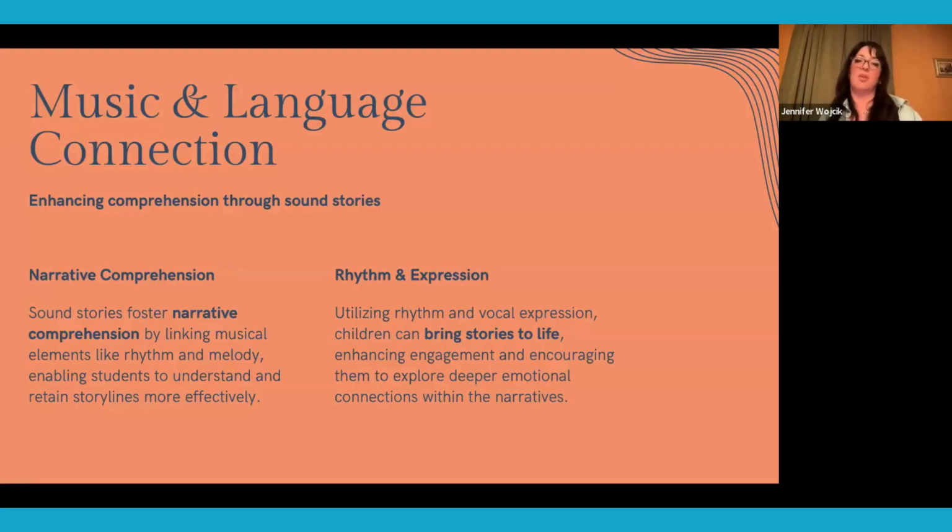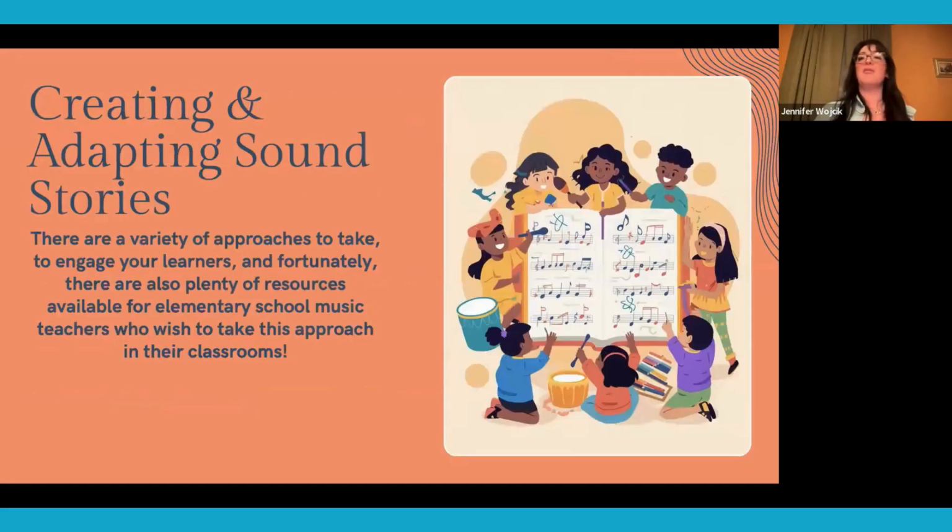And then we look at rhythm and expression, using rhythm, using vocal expression so that children can bring stories to life. And this helps enhance their engagement and it helps explore their emotions and their connections with stories. And there are quite a few approaches that we can take. And that's going to be my main focus today, sharing those different approaches that we can take in our